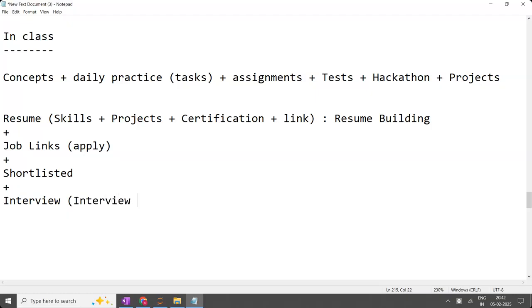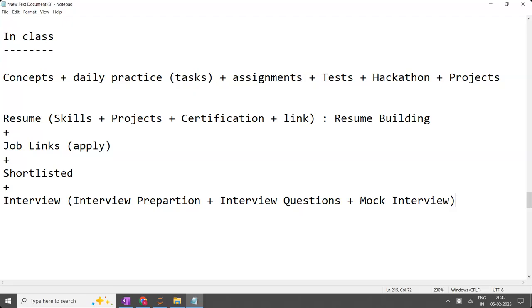I'm going to discuss how to prepare for the interview and how you have to answer in the interview. And I'll share the most commonly repeated interview questions, around 200 plus questions. And along with that, I'm going to conduct the mock interview. So how you are going to perform in real life, the same way you are going to perform. You have to keep a chair in front of me and I'm going to do the interview for you. Okay. So these are the things which will be done.